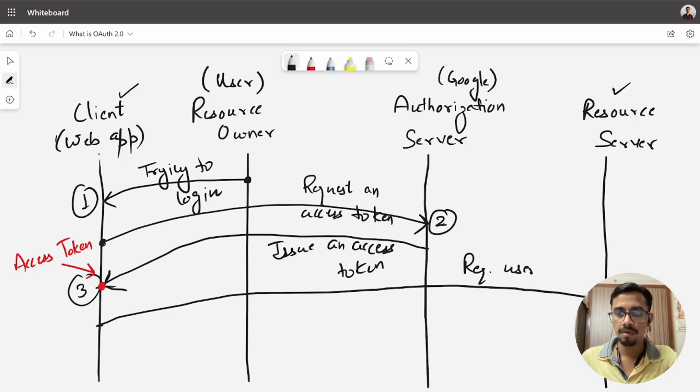But over here the resource server does not know whether or not the user is actually an authenticated user, right?